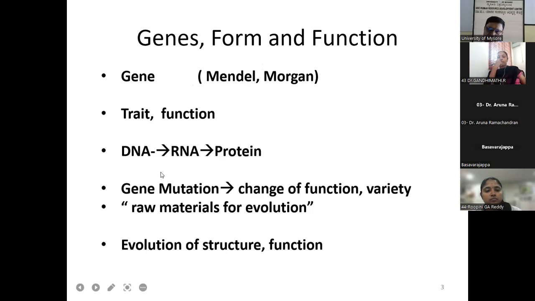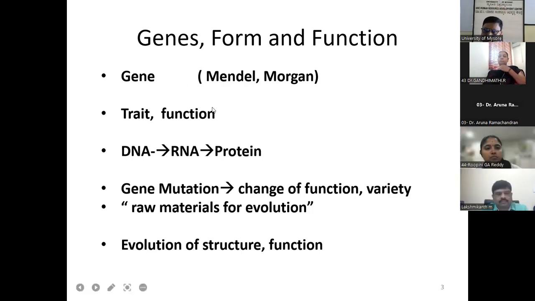whole understanding of the mechanism of how a gene is translated into a protein through RNA. So the central mechanism or the dogma, DNA, RNA, protein, was understood in the 60s. So by then, starting from the evolutionary theory to genetic theory, we understood that the basis for the structure and function was genes, and the inheritance is the basis on which a structure and function is transmitted to the next